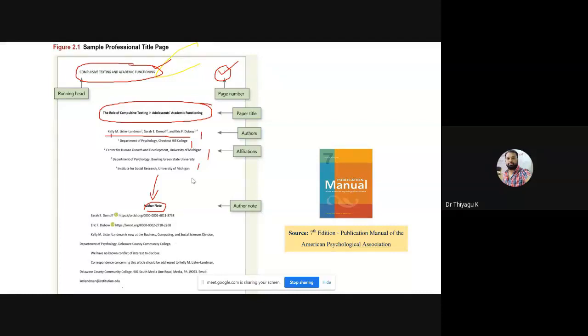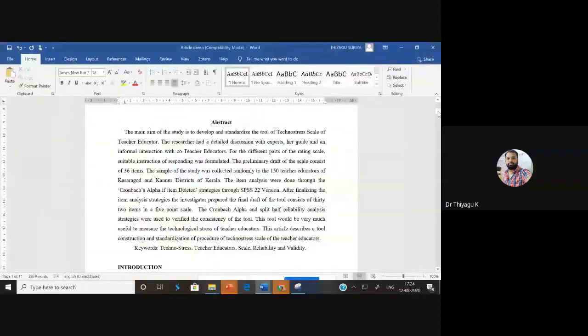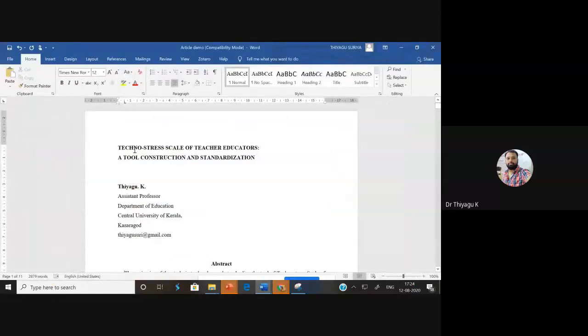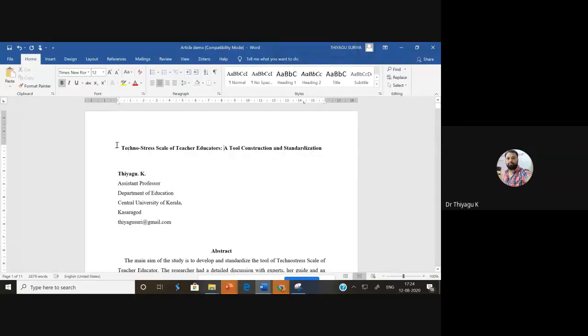So I'm going to come back to our Word file. This is my Word file. I'm not adding any headings here; I'm keeping Control 1 for the heading. It should be in small letters, so I'm making this small letters. Do you know the short form of converting to small letters? I'm using a keyboard shortcut only. Previously it was capital letters, now I'm converting everything to small letters.